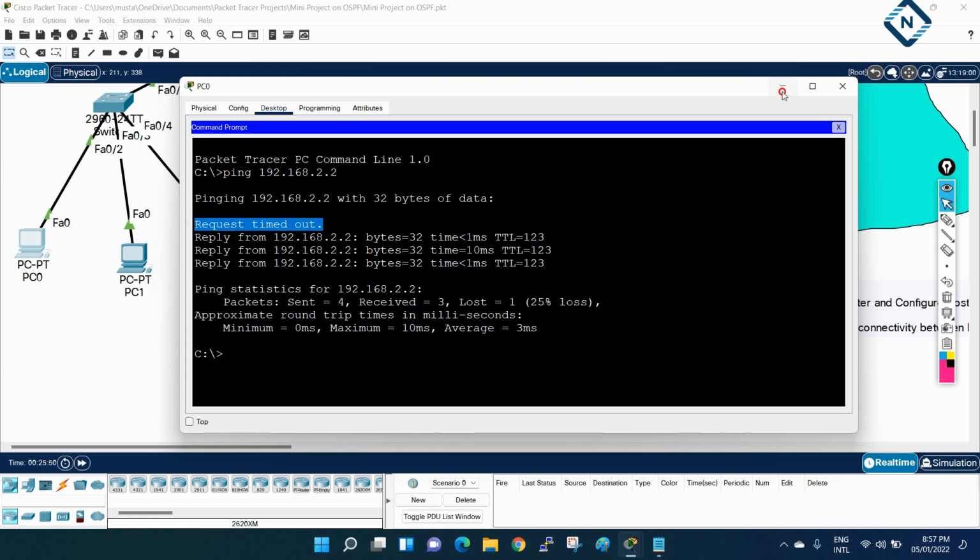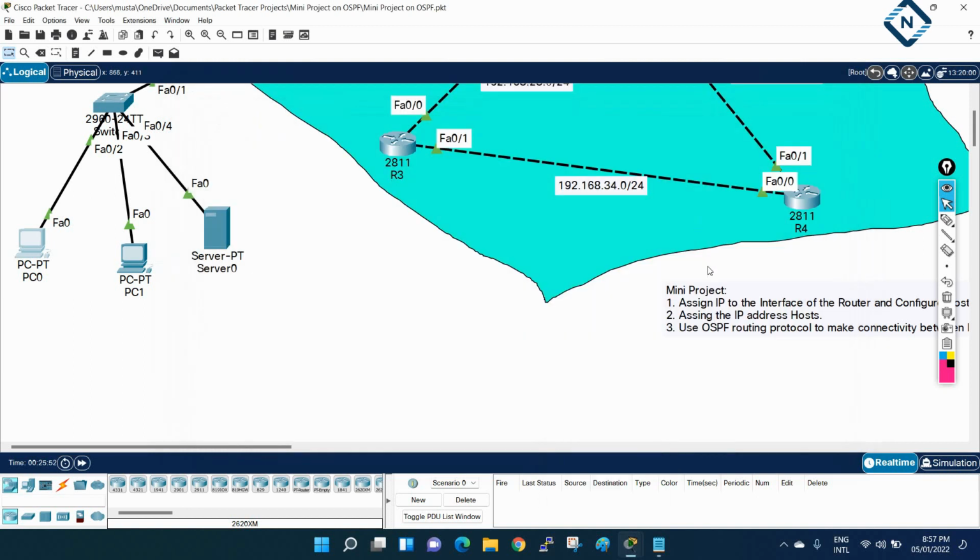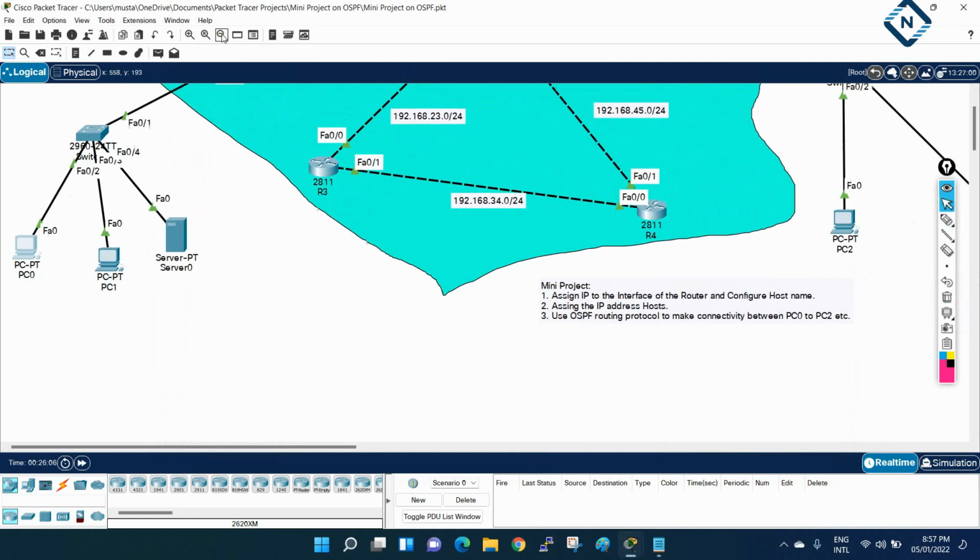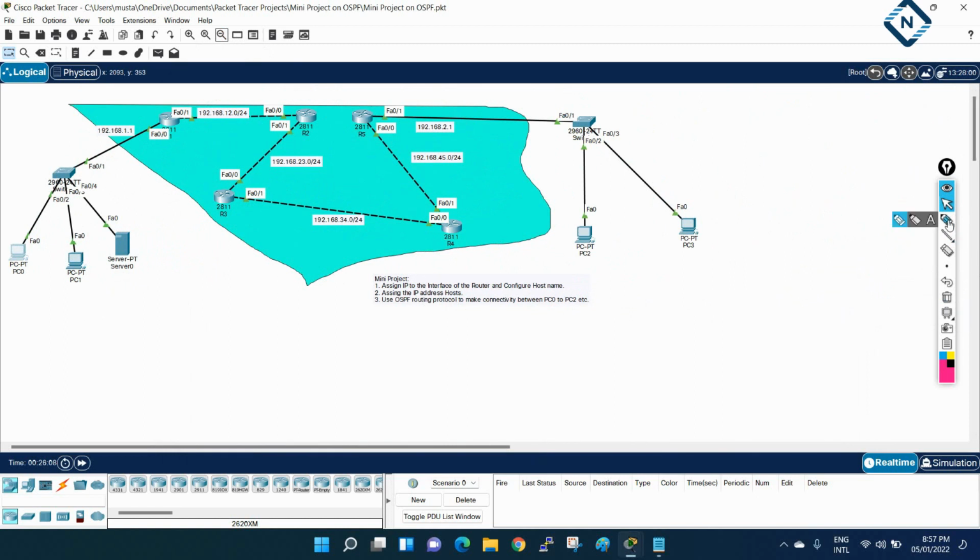The ARP packet will go from here. Let me write here. I hope you know this already, but anyhow, the ARP packet will go from here.